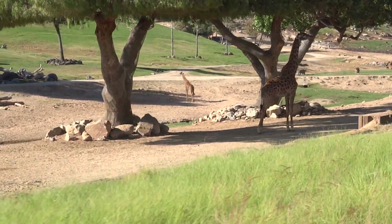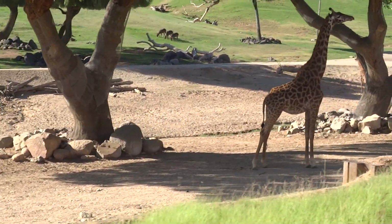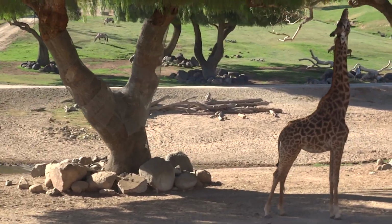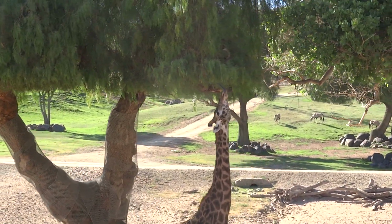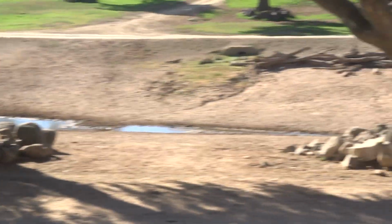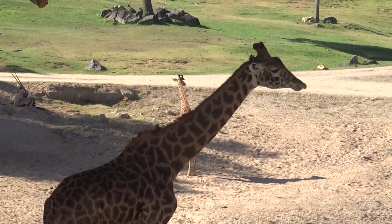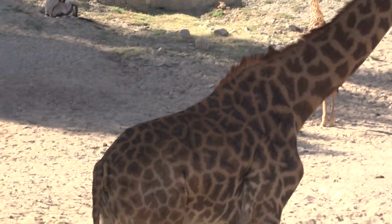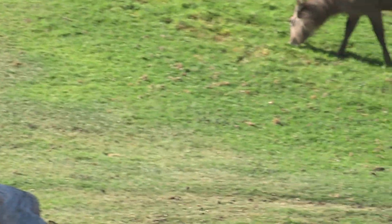Coming up on the left, we're going to get our first look at some giraffes on the tour. It looks like two of these giraffes here right next to us on the left are trying to stay a little bit cooler, resting in the shade here. Now those spots all over the giraffe's coat are sort of like those cheetah spots we saw at the beginning of the tour. Those spots help break up the giraffe's outline so they can camouflage themselves. Specifically, giraffe spots are pretty good at camouflaging into the shadows underneath trees. You can sort of see how their spots resemble those patterns of the light filtering through those leaves. So despite their large size, under the right conditions, it can actually be pretty tricky to pick those giraffes out from their surroundings,